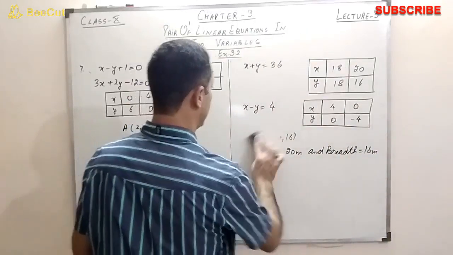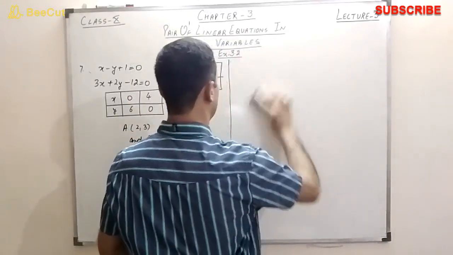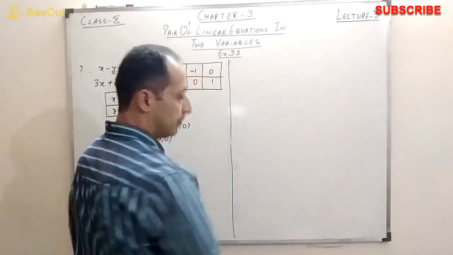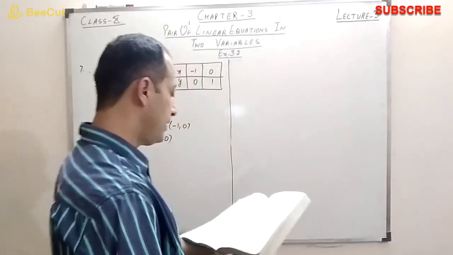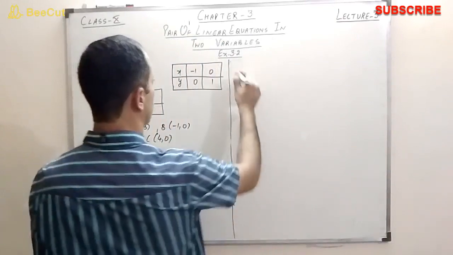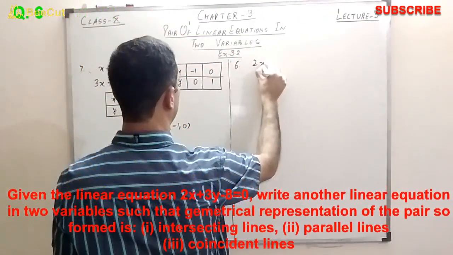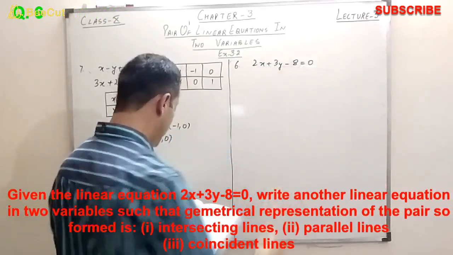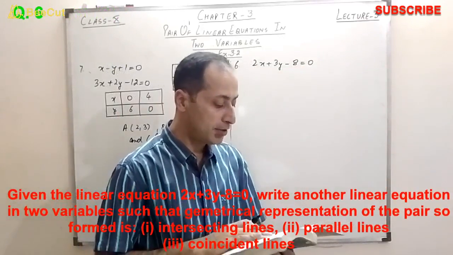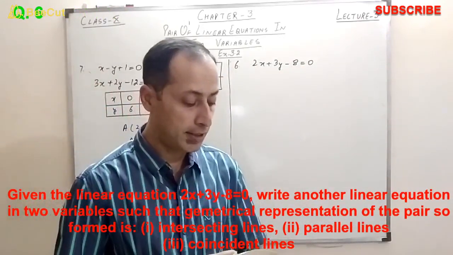Now let's go to the 6th question. Not a very difficult question. Now what is given to us in the question? We are given one line, 2x plus 3y minus 8 equals 0. Given the linear equation 2x plus 3y minus 8 equals 0, write another linear equation in 2 variables such that